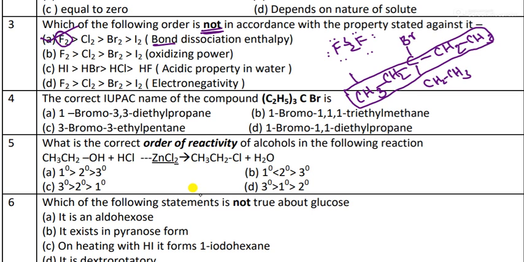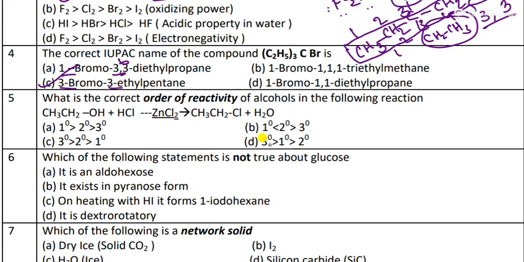You studied in your 10th standard, select the longest carbon chain. Number it in such a way that the branching gets the lowest number. So 1, 2, 3. The third carbon contains two branches, so we can see 3, 3. Remember, 1 bromo, 3 they have given, this is wrong. It is 3 bromo, 3 ethyl, pentane. How many carbon atoms are there? 1, 2, 3, 4, 5. So the answer will be the B option, 3 bromo, 3 ethyl pentane. That is the correct answer only.